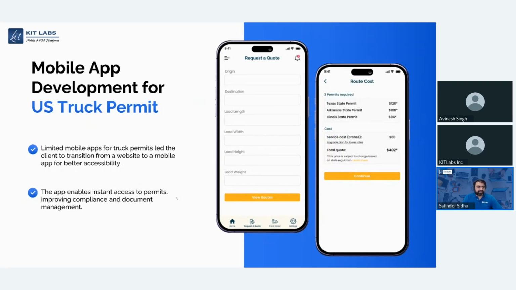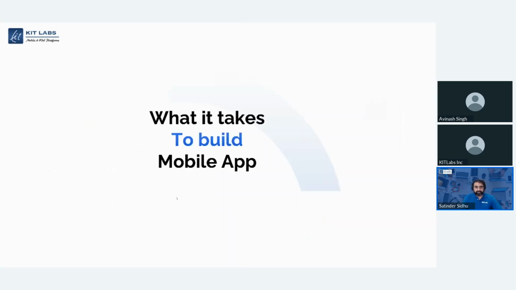Trucks need a license to move from one state to another, and very easily they can provide their information and get access to various states, how much it will cost to go into each state and how much it will cost for them.